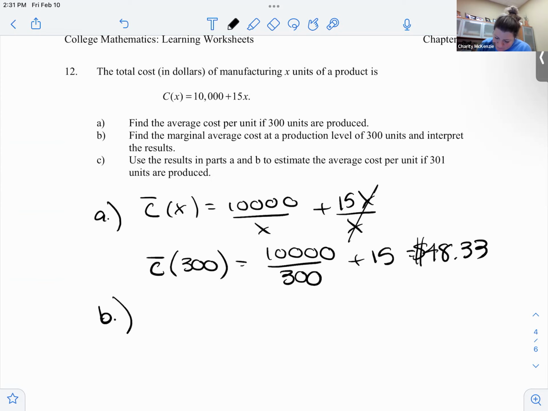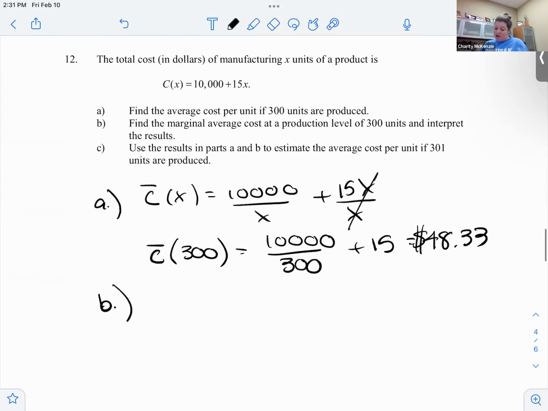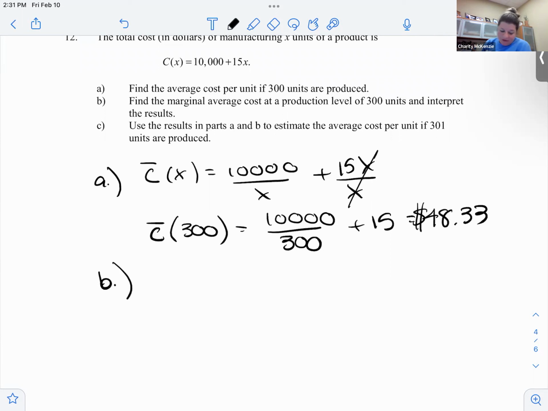Okay, what's B? Find the marginal average cost at production level 300 and interpret your results. So I want the derivative of the function. So this is average cost, but now we're going to do the derivative. If I look up here, this is the same as 10,000 x to the negative 1. So it becomes negative 10,000 x to the negative 2 when we take that derivative. Okay, and then 15 drops off because the x is canceled here, right? So that's it. That's your derivative